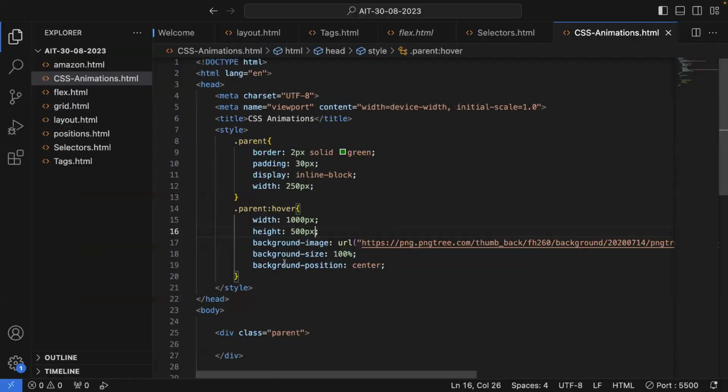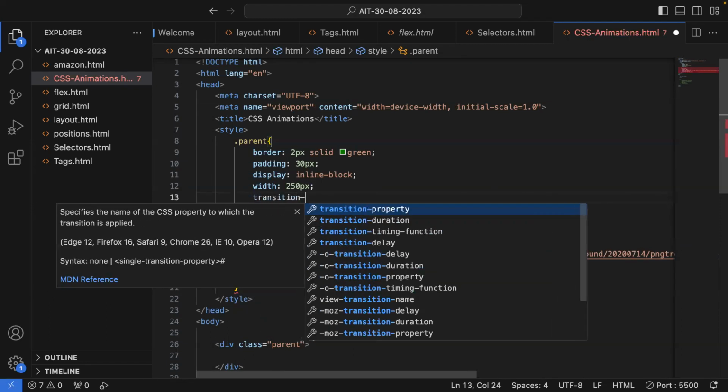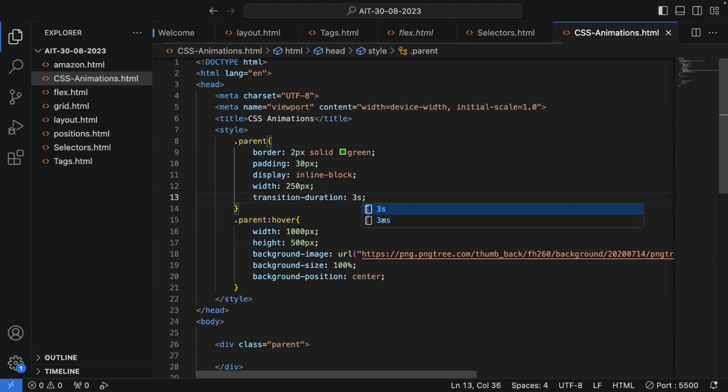So transitions usually work only with pseudo classes. However, pseudo classes work only with the states. Even transitions work with states only. It will not work for the normal elements. So for example, I give a property to my parent like transition duration, 3 seconds. Okay. So now if you see,